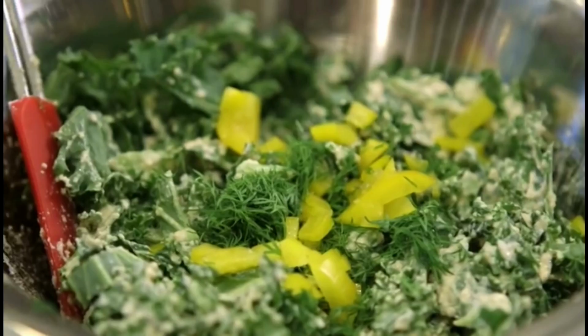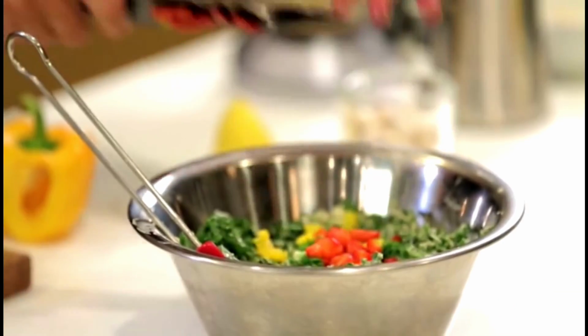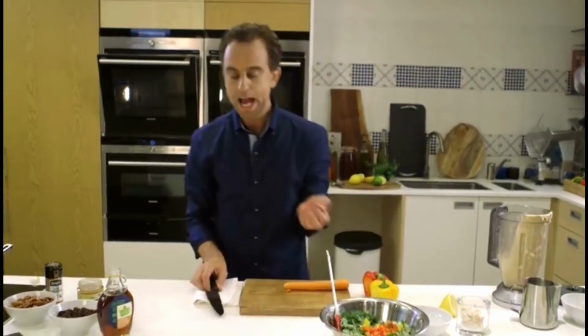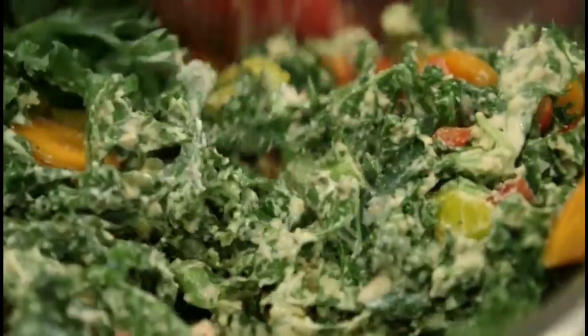The few tips that I like to give is one is to get creative with your salads. Just start including one new ingredient a week. And you'll be surprised if you start adding one new ingredient a week, after a few months, you have a whole new repertoire. Our kale is now sufficiently relaxed and massaged, and now we're gonna roll right into our dessert,